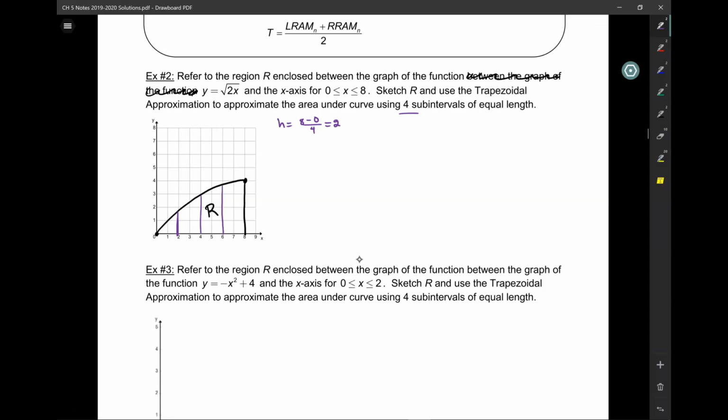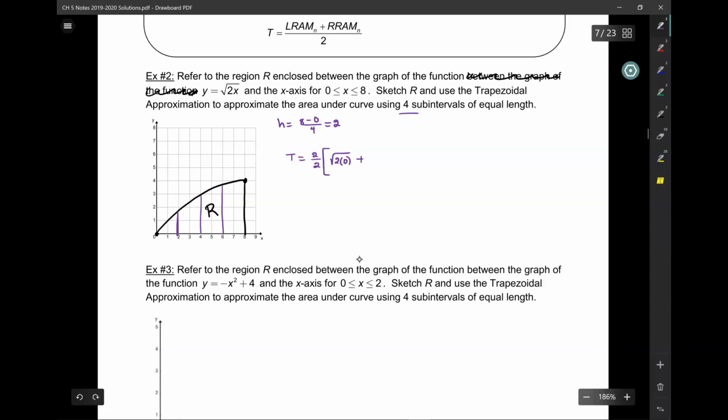Okay? We have 4 regions here. So with the shortcut, here's how you're going to do it. T is going to be height divided by 2 times f of 0, all right, f of 0 is root 2 times 0